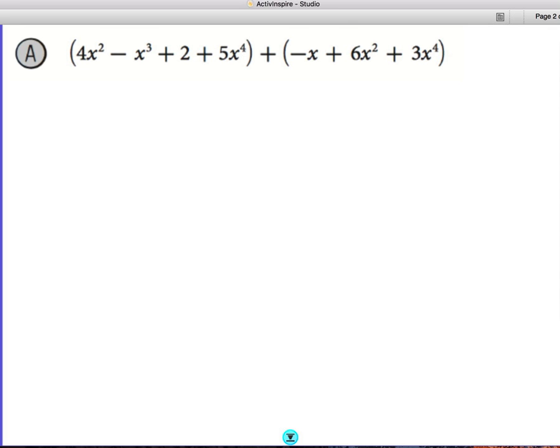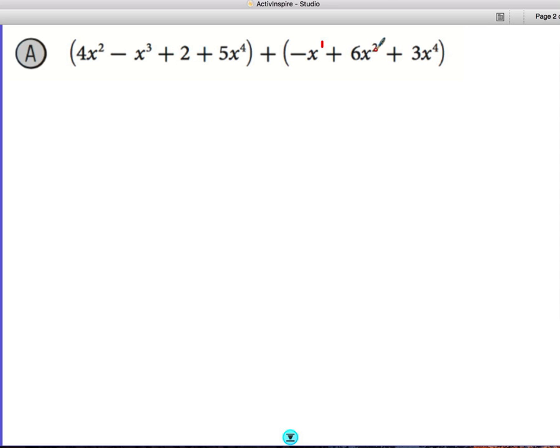Alright, so here we have two polynomials and we can see that the operation in between is addition. So the first thing that we're going to do is combine like terms. So we have to pay attention to the exponents. If we take a look at this negative x, the exponent is 1. In the first polynomial, there is no other exponent of 1, so we cannot combine this with anything else. The next